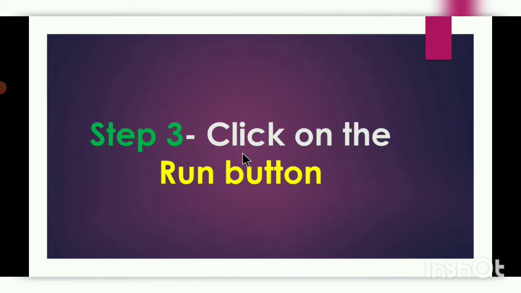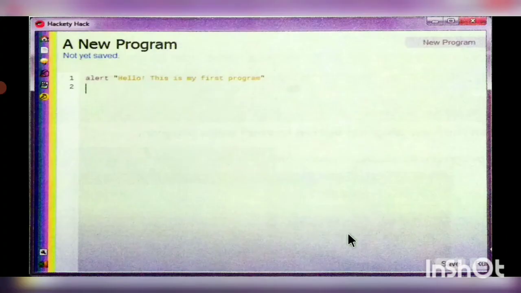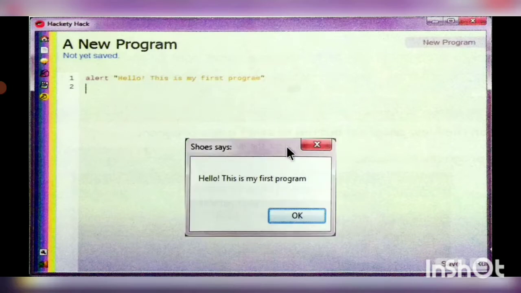Step 3 is to click on the run button. Here you can see the run button. Once you click on it, this message will be displayed: Hello, this is my first program. This is the way you write the program.